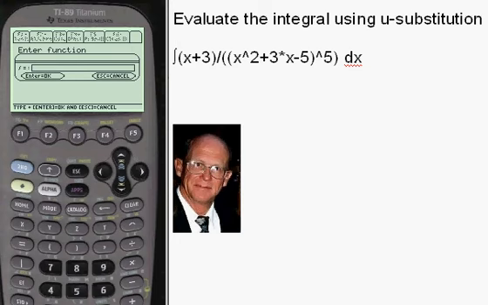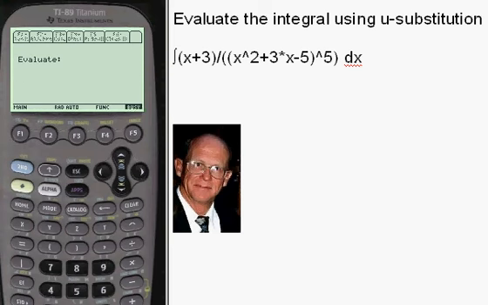I've already done that in here to save time again, so you can see that it's here. Okay, the integral of that with respect to x, which is dx, and I give you a chance to change it in case you've made a mistake. I say it's okay,